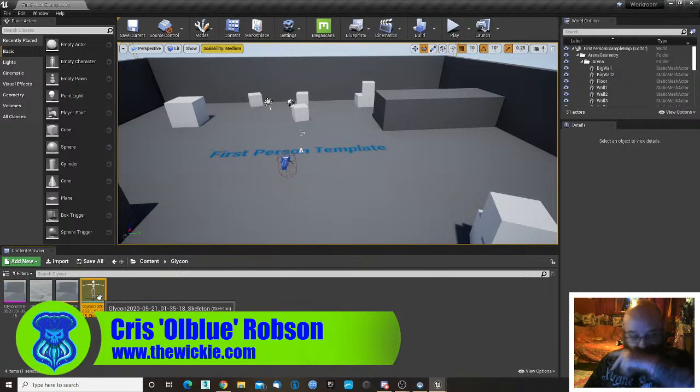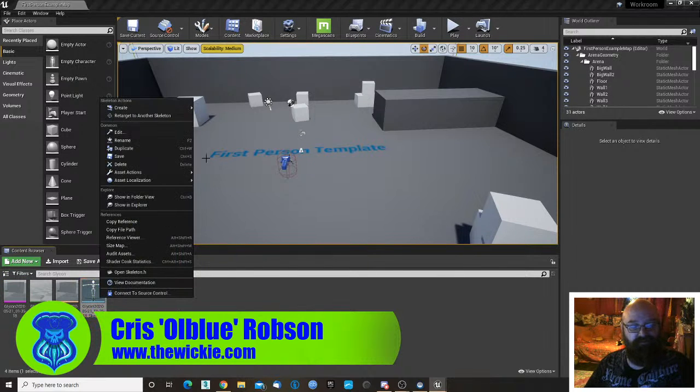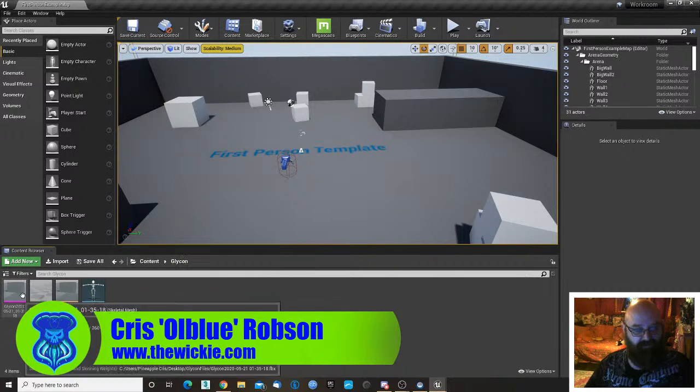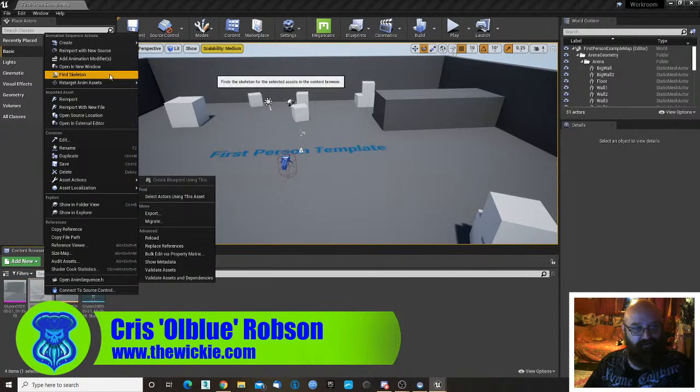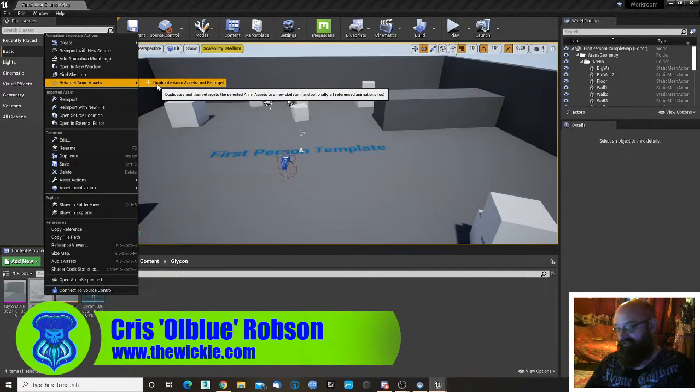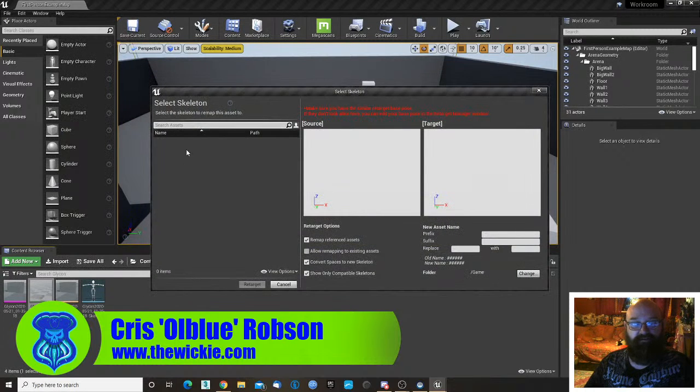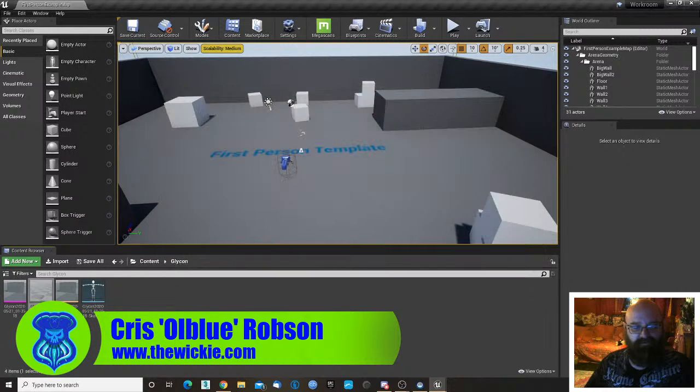Now, what I want to do is retarget this to an existing skeleton. So I'm going to right click. Sorry, I need the anim first, and I'm going to right click, retarget anim assets, and this is a bit of a tinker, okay, you've got to tinker a bit. Duplicate animation target, and you say, oh no, there's nothing there, I can't move it to anything. That's because I don't have a preview asset, so